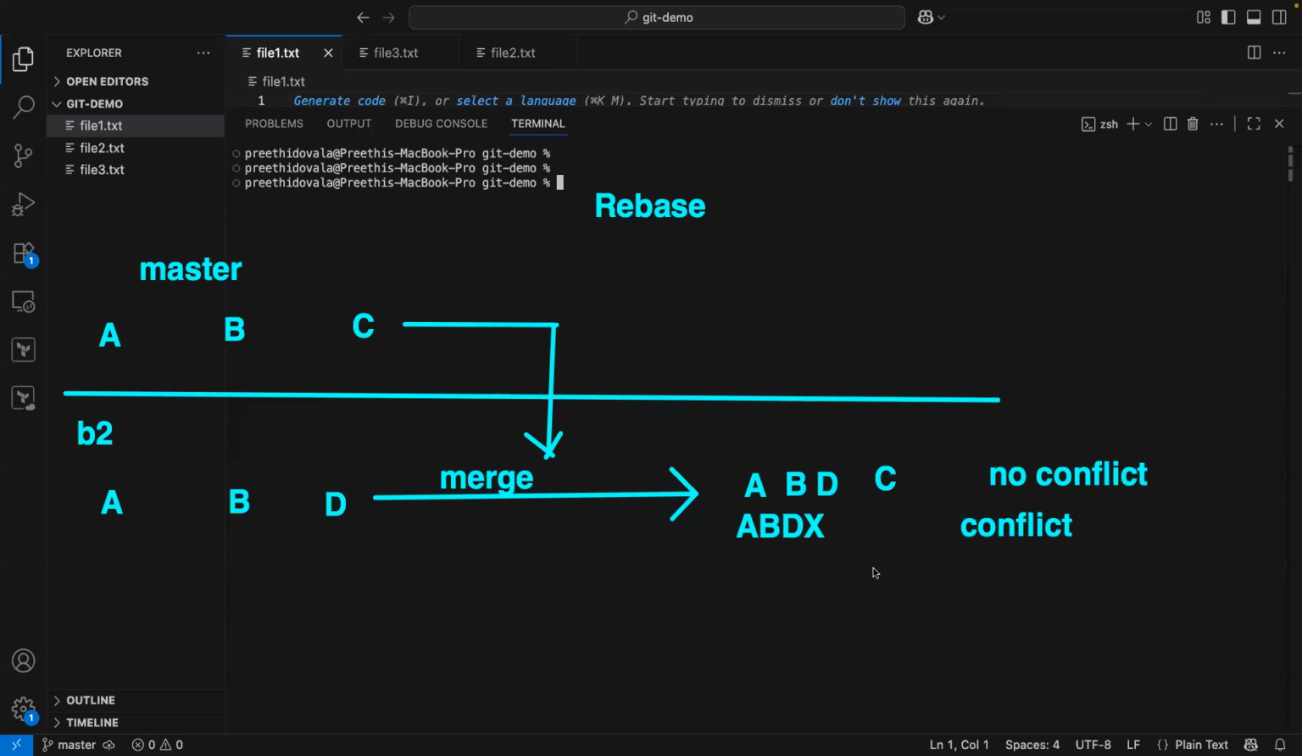But let's assume I don't want a new commit ID added over here just because I'm merging. It looks as though a new commit was made into the current branch, but that's not the actual case, right? So in this case, what you can do is,